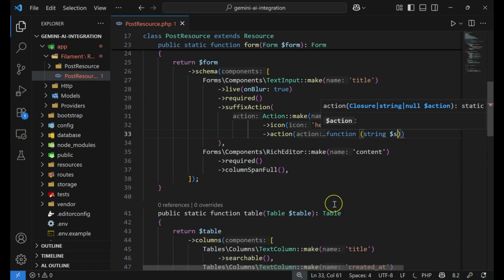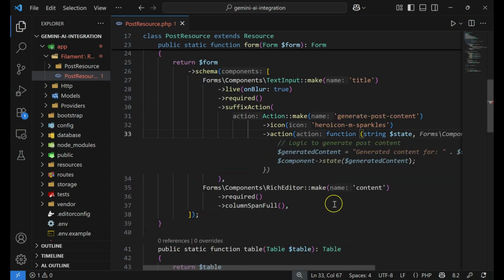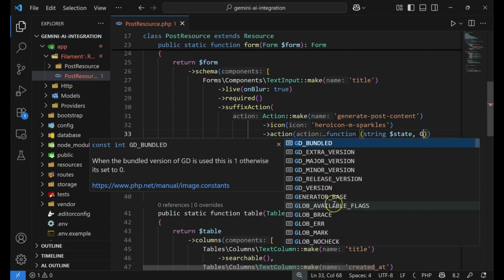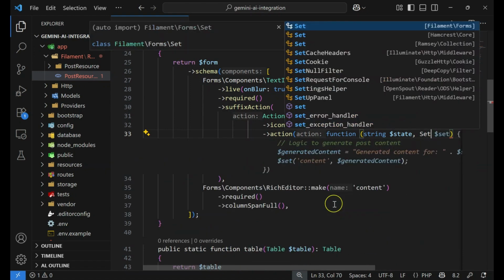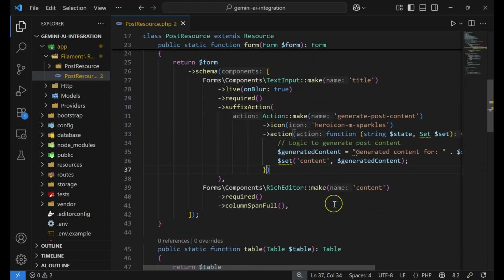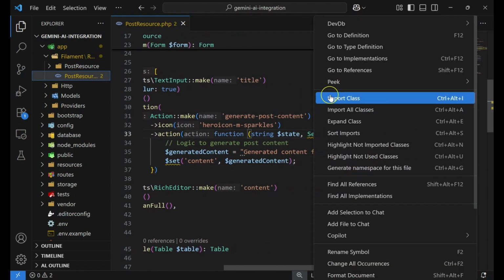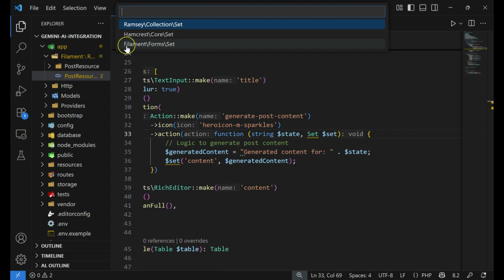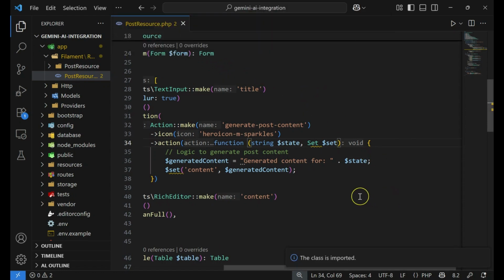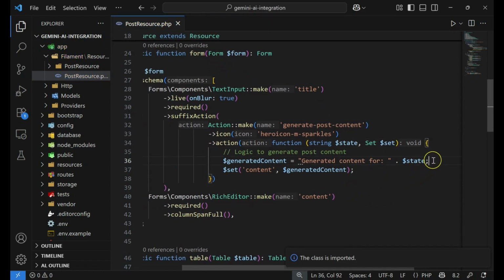Okay, so string of the state of that field, and then I'll have a set here, and make sure you have imported this one. So it will be this one, Filament Forms Set. Okay, now let's,